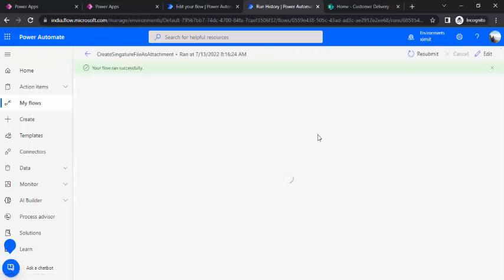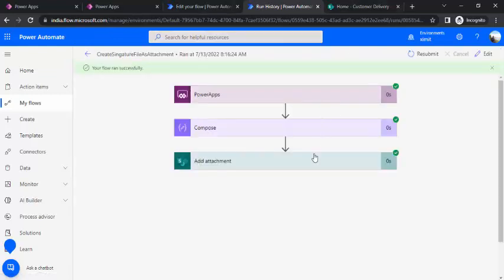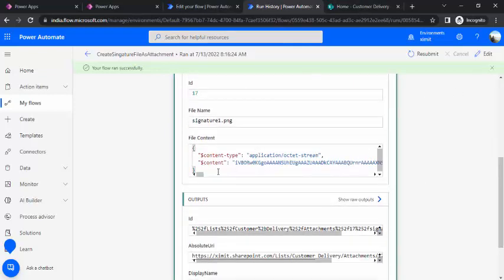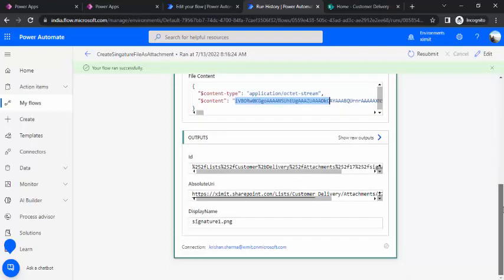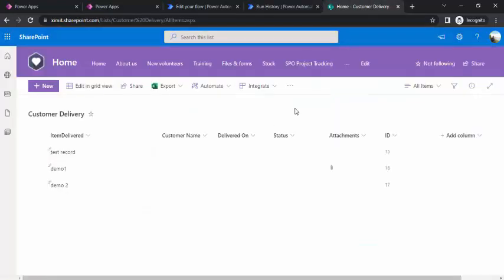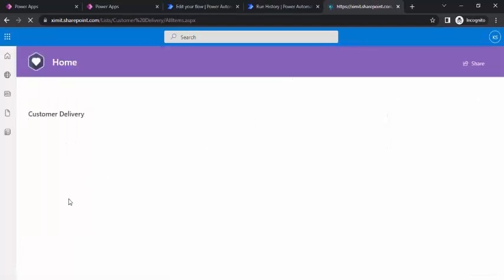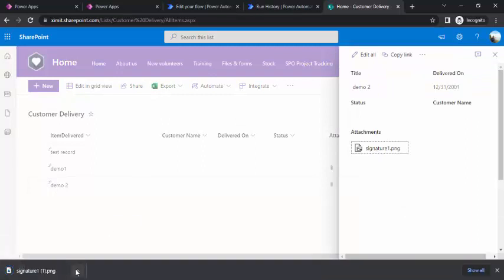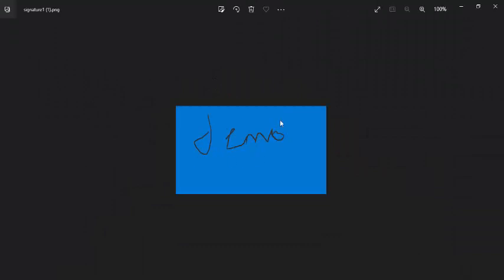So it ran successfully, and this time what it saved is this file content. It actually detected that binary data and saved that as a signature PNG. So we are hoping that this time our file will not be corrupted, and I'll refresh and open that demo 2, open this signature 1 and open this file. Now we see this file is not corrupted, it's opening perfectly fine,